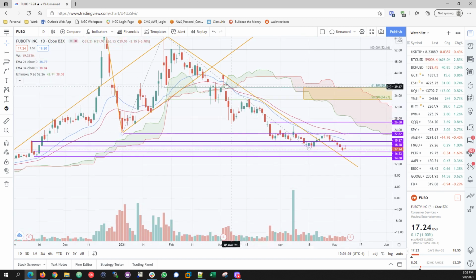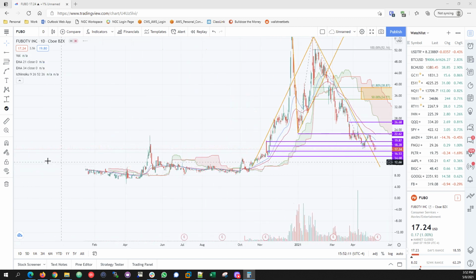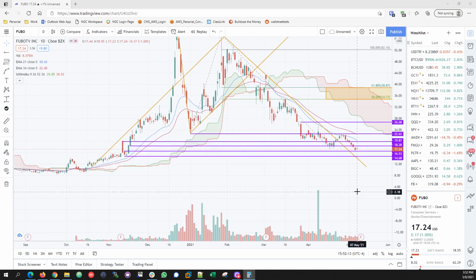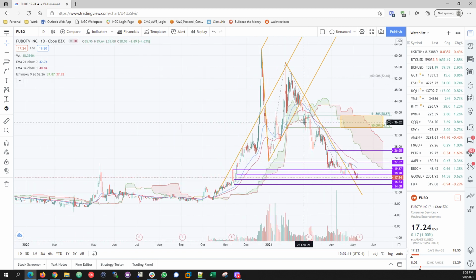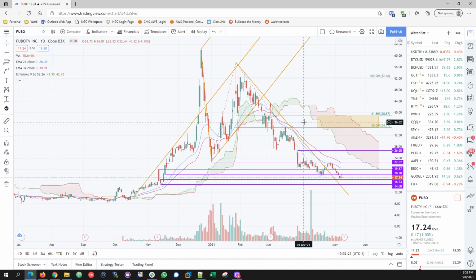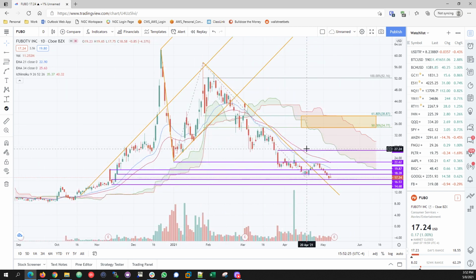Last earning, this went up $42. I know that after hours it was like 42 something. And then since then, 42 minus 17, I'm just rounding up, 25 bucks. That's more than 50%. So as you can see, even though the market didn't crash, all of these stocks did crash down. And it's very hard to guess when they're going to come back up.